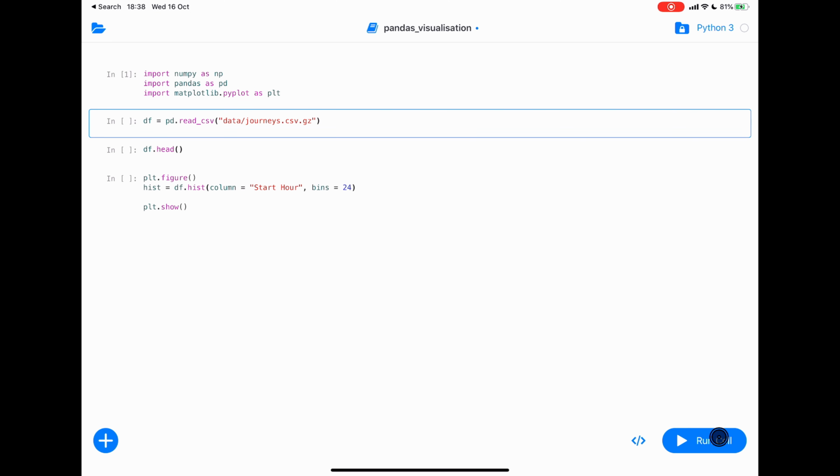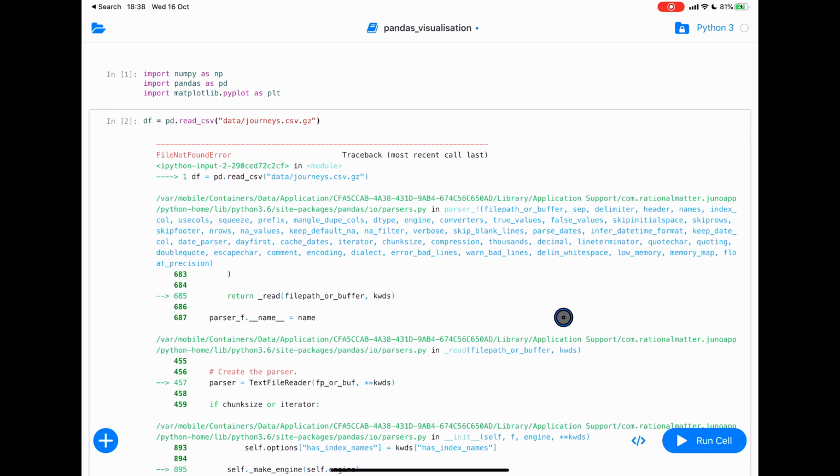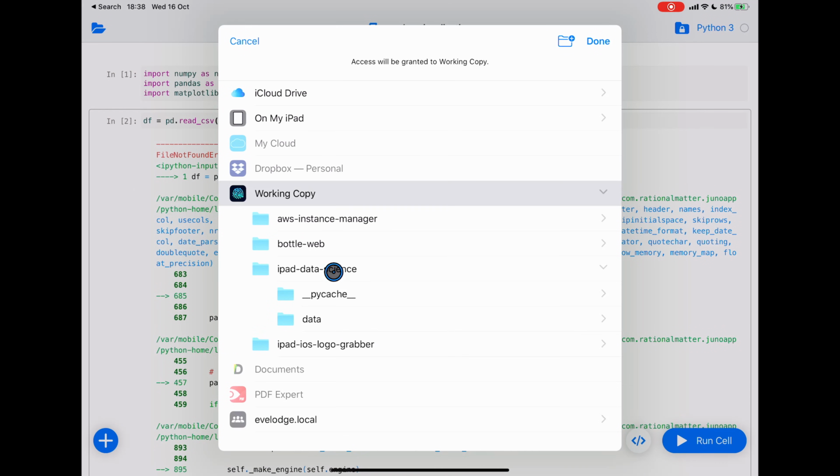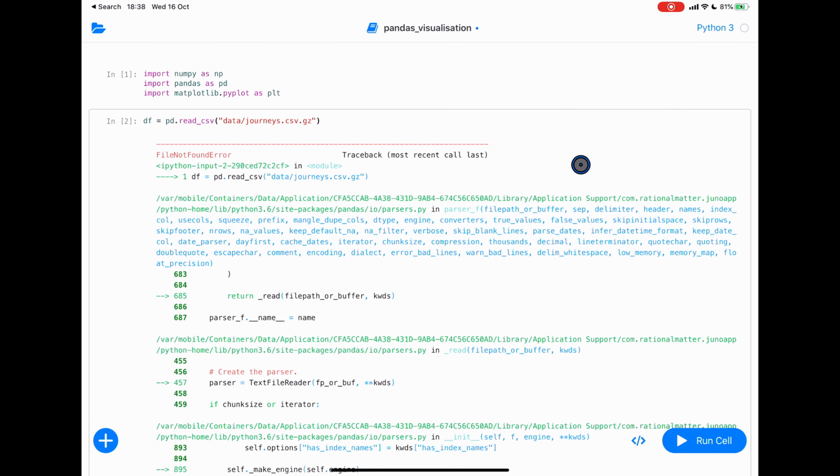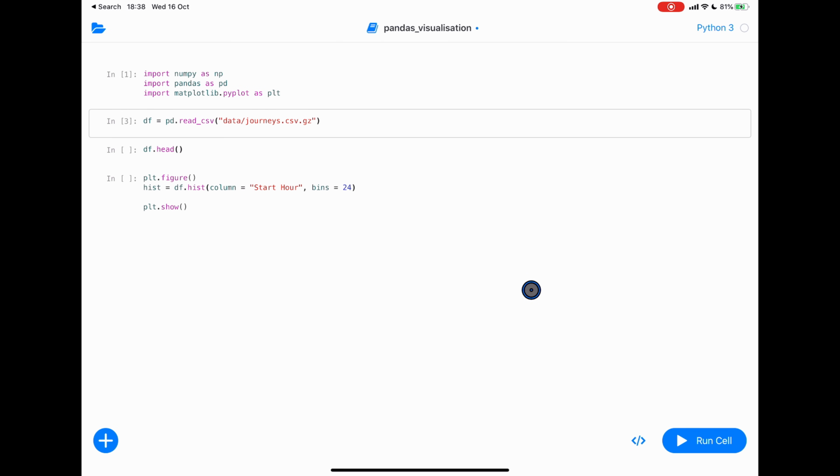Now, we're going to run cell 2, and we'll immediately get an error. This is an error you'll see quite a lot if you're using applications that share their data using the Files API. We have to give the Juno app permission to access the full working copy folder. We do that by clicking on this little lock directory up here, choosing the iPad data science directory and then clicking done. Now Juno has permission to that full directory,